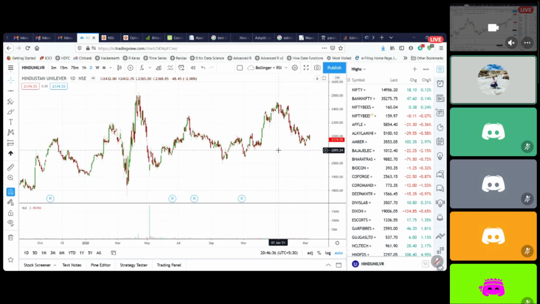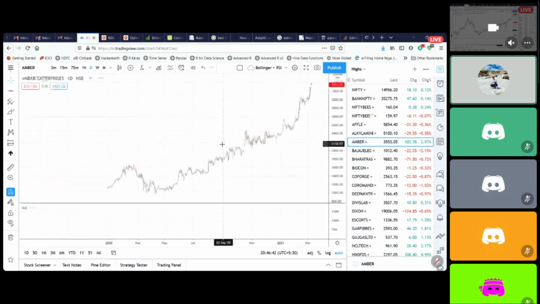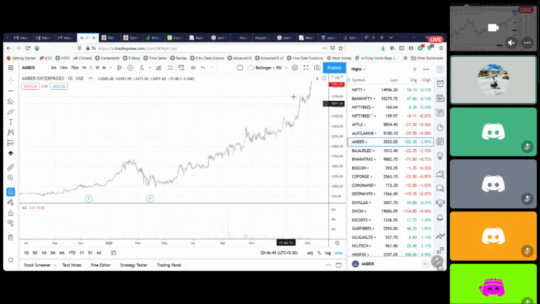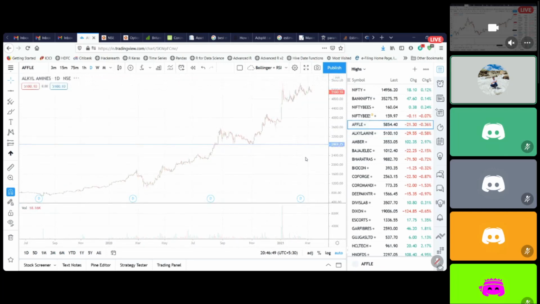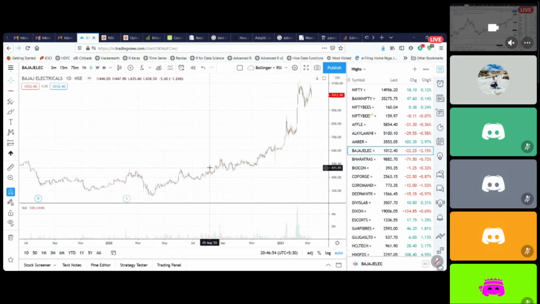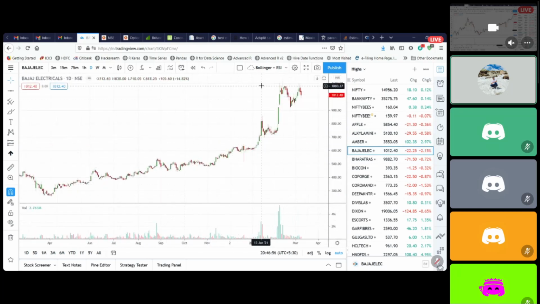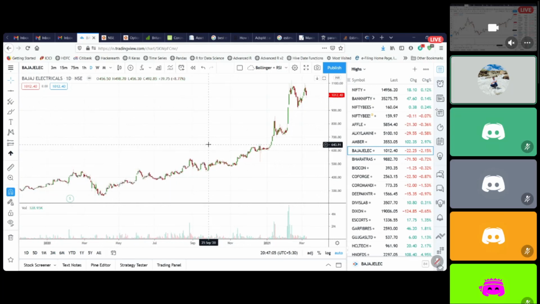Okay. I mean, see, it's all in front of you only. If you give me this chart to trade versus this chart to trade, any given day I would pick this chart to trade. Or let's say Alkigami, exact same chart. Or look at Apple, exact same chart. Bajaj Electric. So why wouldn't I trade these chart setups when I know they have so much momentum going behind that there is a significant chance that I will make money as compared to a stagnant chart pattern?